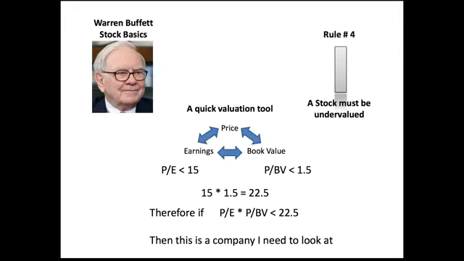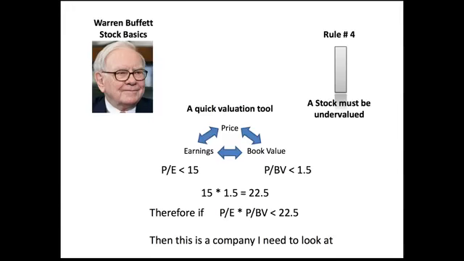And the reason that he was doing this is because, as you can see here, the little triangle that I have that compares the price to the earnings to the book value incorporates all the variables that we're really concerned with. We're concerned about what price we are buying this thing at, what we think the return is going to be, and how much safety is involved with this investment. And all of those terms are wrapped up into just taking the PE and multiplying it times the price to book and making sure that that number is below 22.5. So that's a really quick and easy tool that Buffett used whenever he was younger and working for Benjamin Graham, that he would go through all these big books and try to find companies that were below